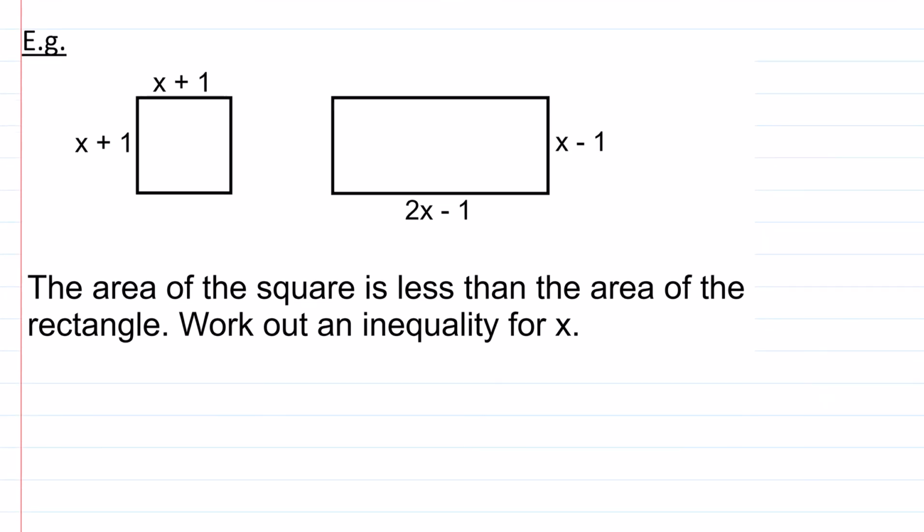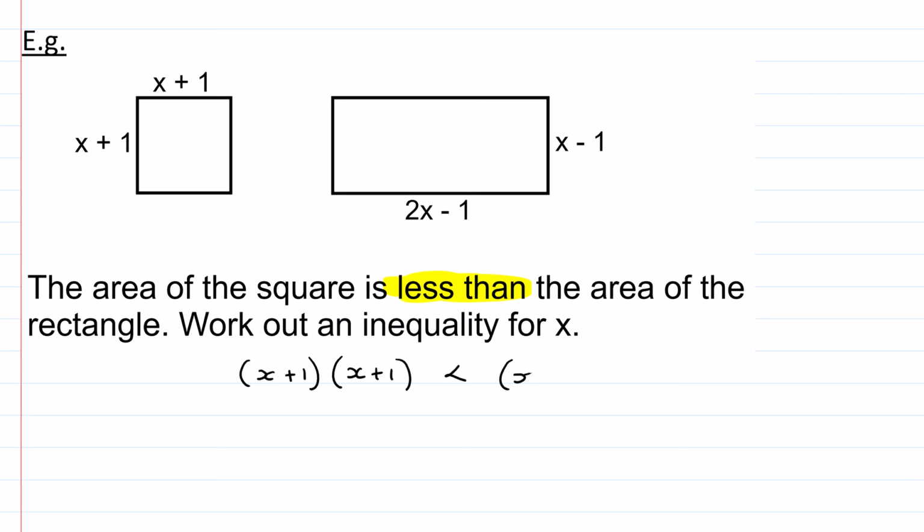You can of course have worded questions. The area of the square is less than, so that's an inequality, not an equation. The area of the square is less than the area of the rectangle. Work out an inequality for x. So the area of the square is x plus 1 times x plus 1. So you can write it as x plus 1 squared, or you can write it as x plus 1 times x plus 1, is less than